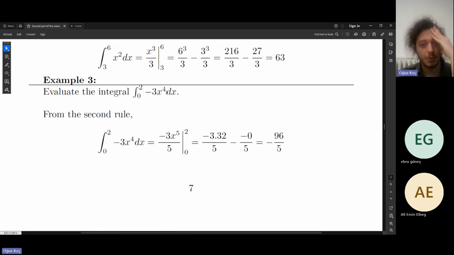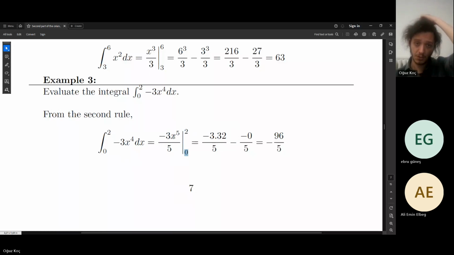And then we have another polynomial function here, and there is an additional coefficient. We just take the integral of the polynomial function, and then we multiply it by the coefficient. The integral of this function is equal to the 5th power of x divided by 5, and then we multiply it by the coefficient, which is minus 3, and then we put those lower and upper